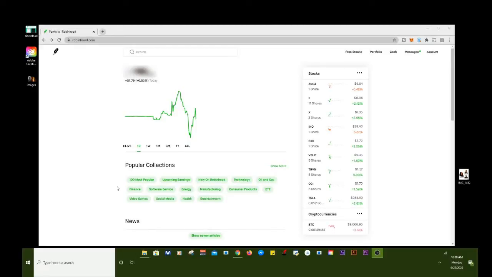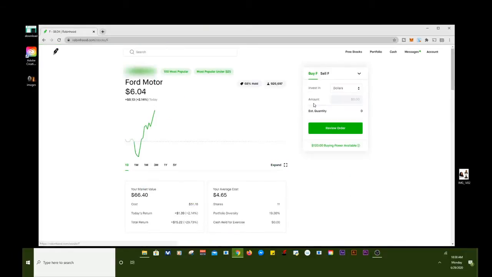Okay, today we're going to talk about the limit buys. Let's say we'll use Ford as an example. Today, Ford is going at $6, roughly a little bit over $6. I got 11 shares, about $4.65 each. So, on a limit buy, what I would do is say I want to buy Ford at $6